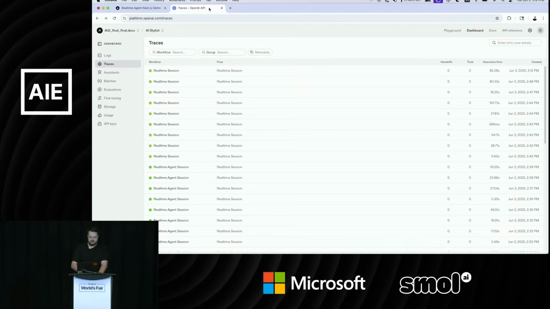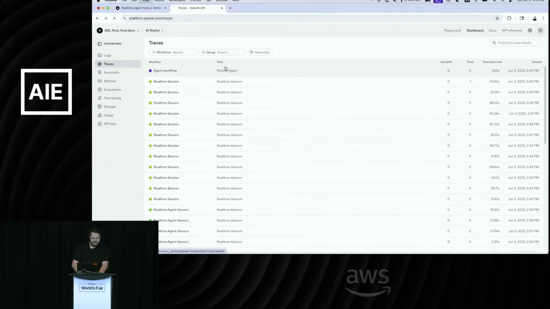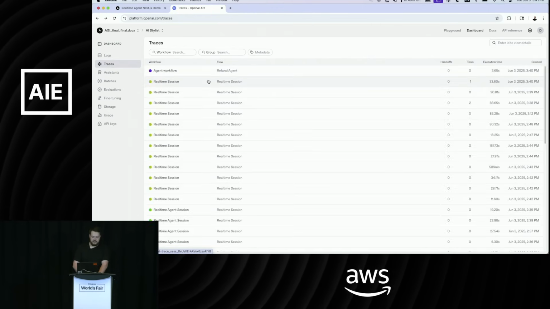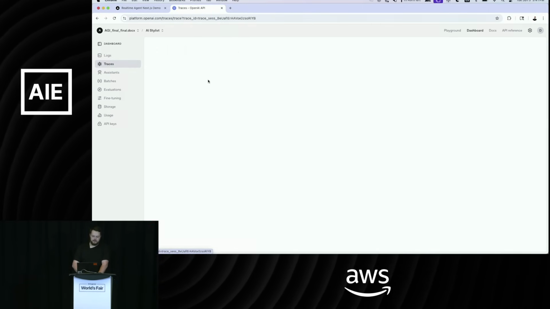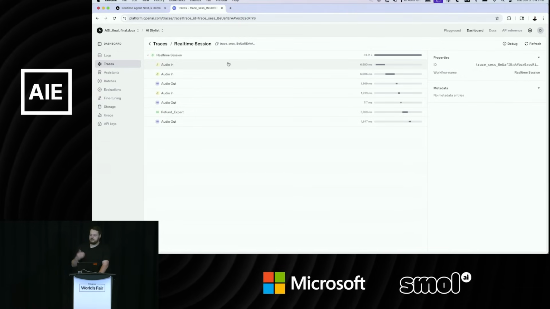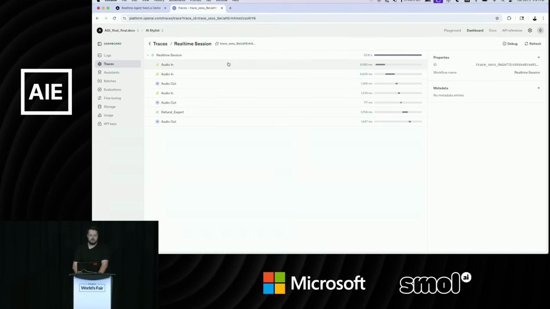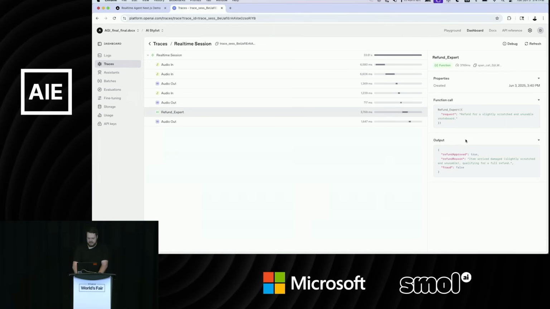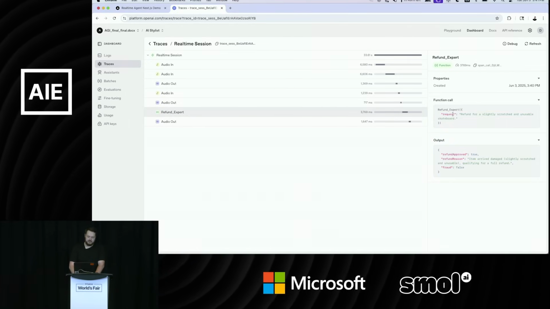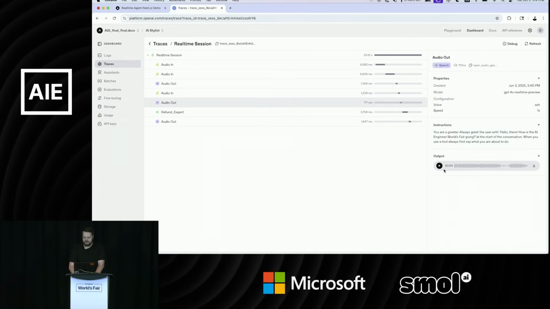One more thing. Since we talked about traces, one of the nice things now is we can actually go back here into our traces UI, and this launched today. You'll be able to actually look for any of your real-time API cases, look at all the audio that it dealt with, and all the tool calls. So we can actually see here that the tool call was triggered, what the input was, the output. We can listen to some of the audio again